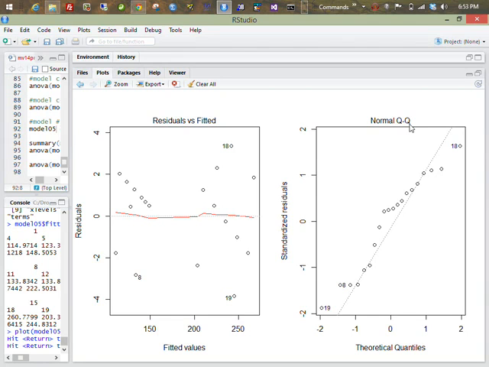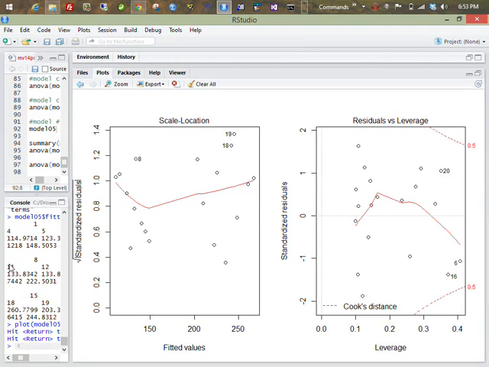Order your data from lowest to highest and go figure out, well, the computer will figure out what a theoretical distribution's lowest and highest values will be, and it'll plot it for you. And R draws a line. Anyway, there are more plots. It'll tell you scale versus location. This is our